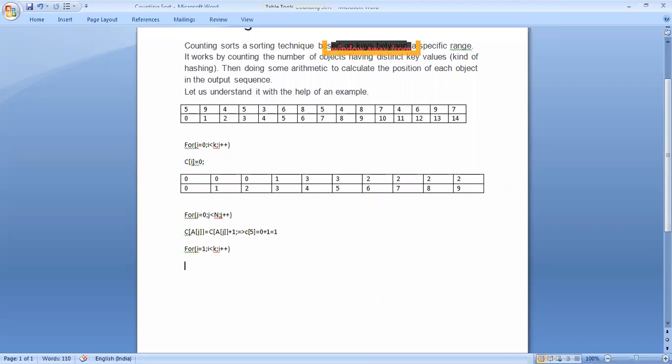Next, here we calculate ci equals to ci plus ci minus 1. So let's see, first of all we put the value.